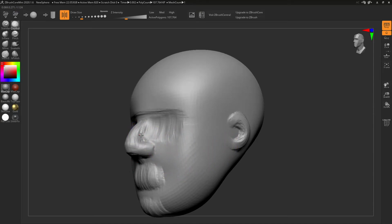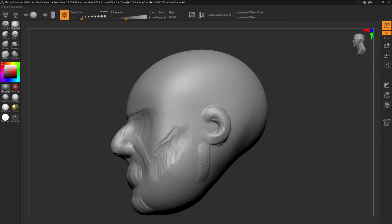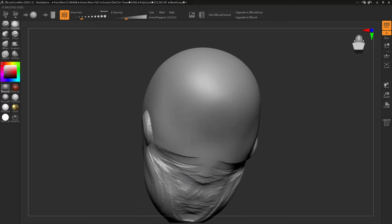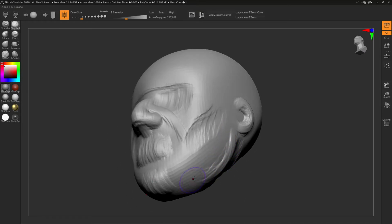And I think I'm going to pull in some of these, carve in this little area for the cheek. I'm going to do my jawline. I'm going to carve out some of this right here. And let's just kind of get this area. And I'm just kind of carving in the areas of detail that I might want here in a little bit,